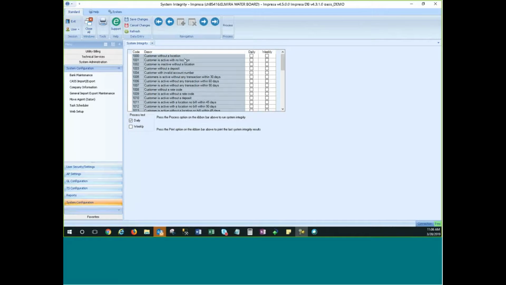So if your company or your business requires you to have a location associated with every single customer, this report would return any locations that don't have a customer. Customer is active with no location, very similar to this report, is inactive without a location. So all three of these are pretty much the same, it's just with different criteria set. Customer without a deposit. If you take deposits and every customer needs to have a deposit, this will help you shore up any customers that you have